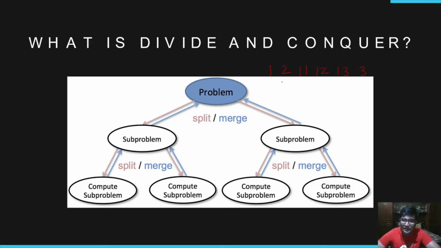Let's say they are arranged in an array. We need to add them all and give the final result. So what are we going to do? An approach, according to me, is that first we add these two, then we add these two, and then we add these two. We'll get results like this: 3, 23, and then 16. Then we can further add them, and then add their results to this number, and we'll have our answer. This is the basic approach.